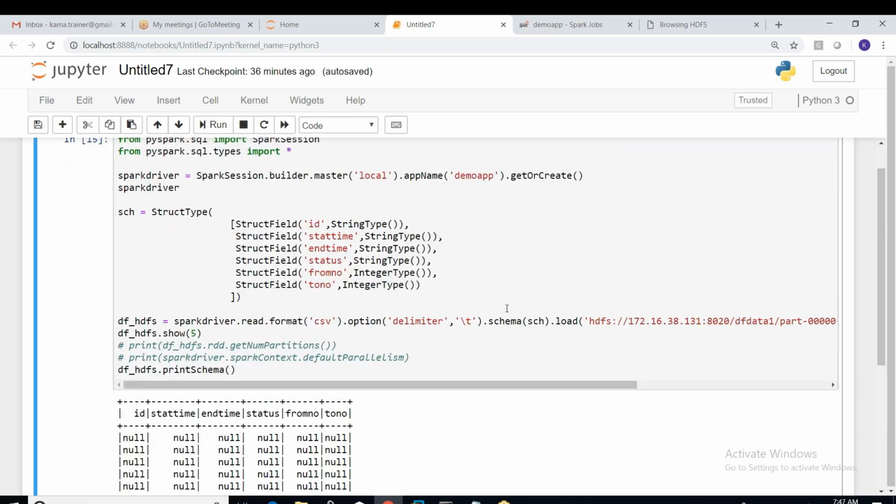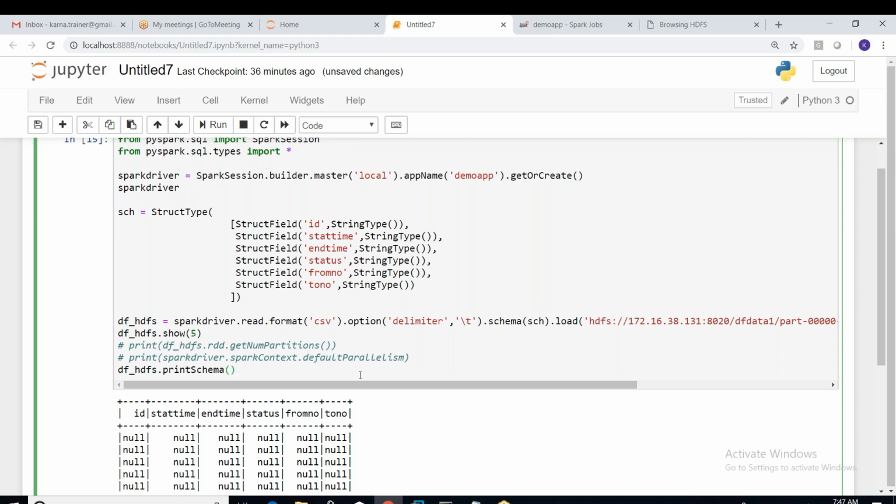No, it should not be in single quotes, it is correct. Let me just try. Is it trying to read the number as a string or not? Let's try with the string type.